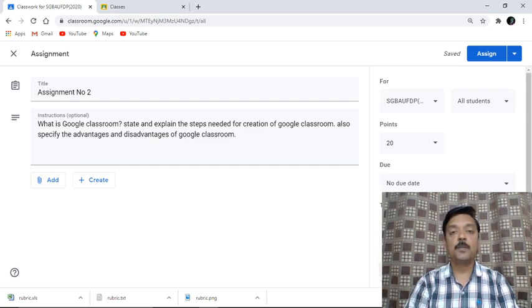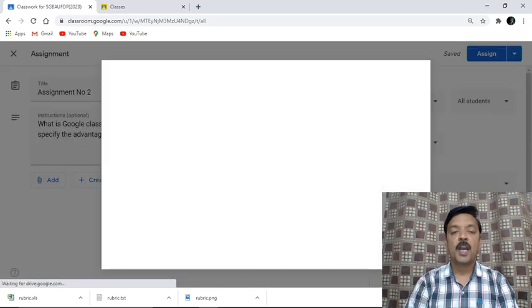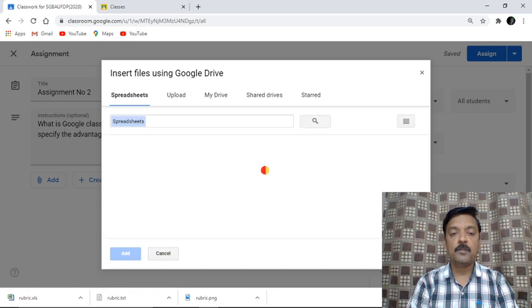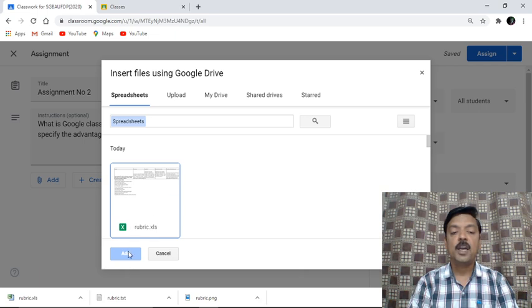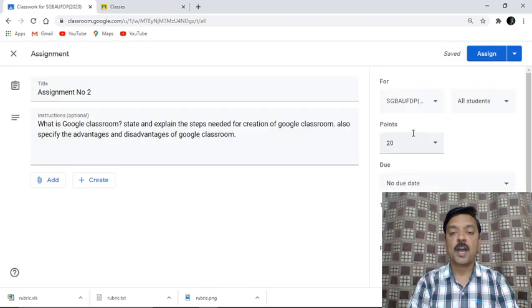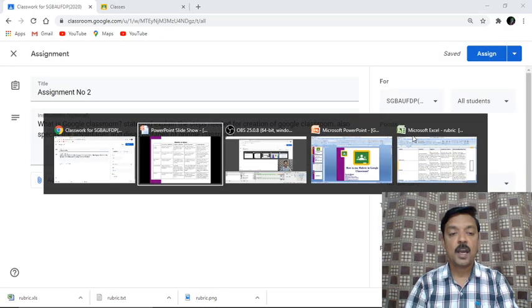This is another very important option. You can straight away create an Excel sheet in which you specify the criteria you need to follow for this question, and you can straight away import that sheet. By clicking on import from sheet, I can choose the file that needs to be imported for that question. Suppose this is the rubrics Excel file I have taken, and I can add it. But at this moment we are not doing that. I have already created one Excel file, and I'll try to show you.